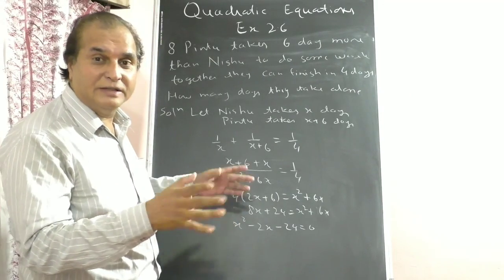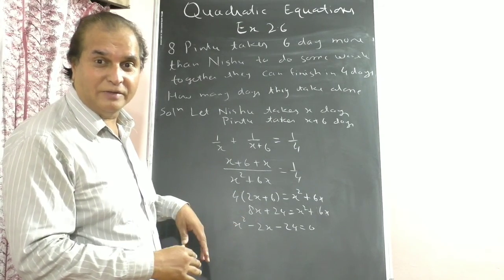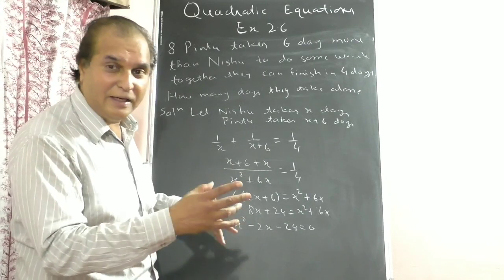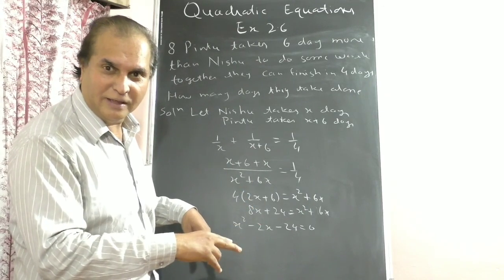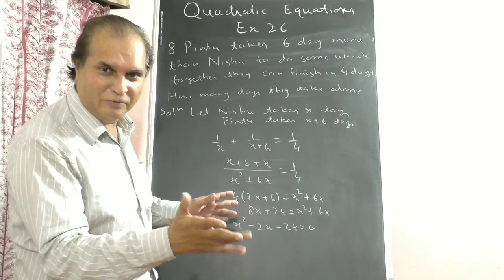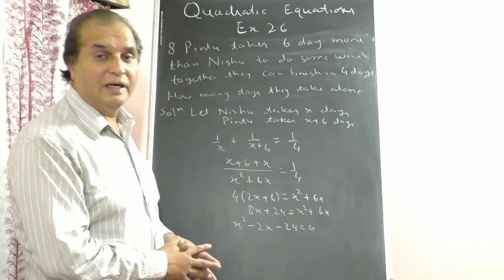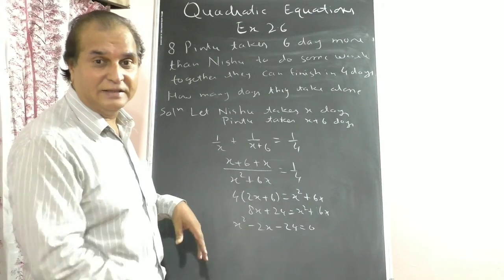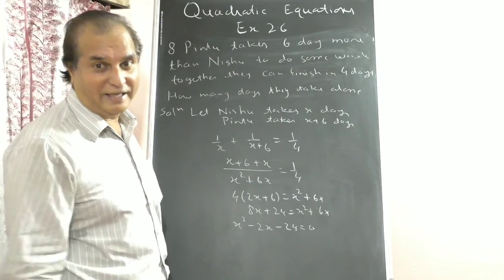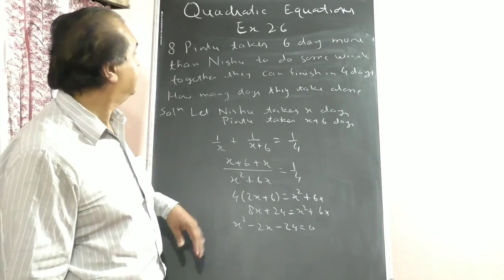If you are given some work, in one day you do the reciprocal of that. Suppose you are given 4 days of work. In one day you will complete 1 upon 4, right? In 2 days you complete half. 3 days, 3 upon 4, and 4 days complete work. Okay. So similarly, if you require x days to finish a particular work, per day work is 1 upon x. Understand, this is very important in work and days sums.